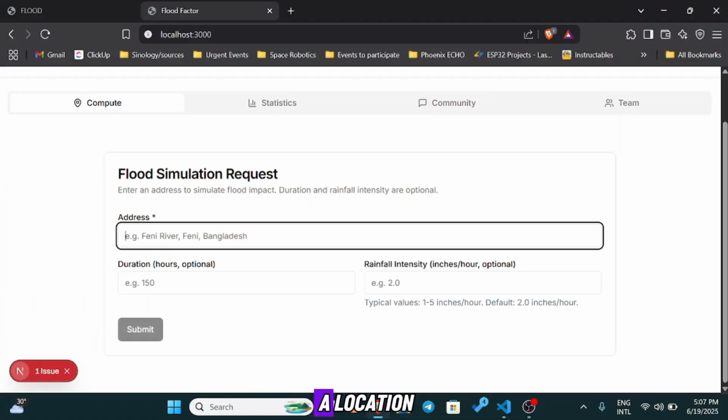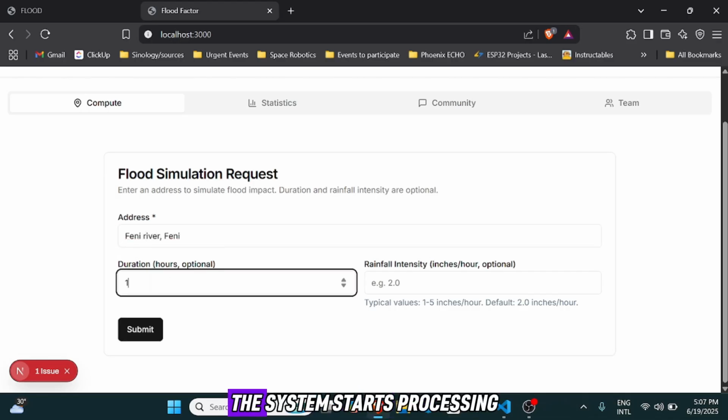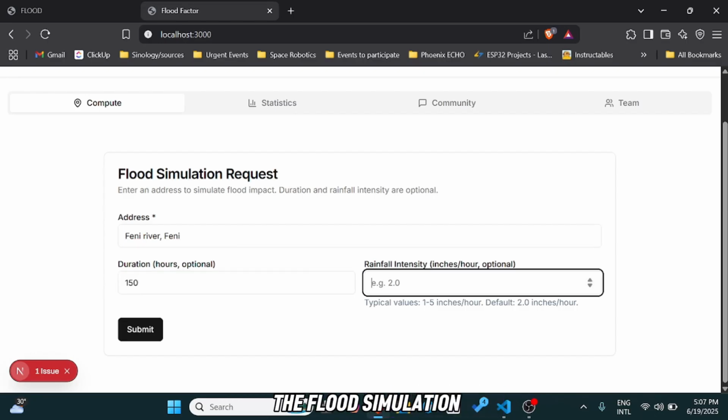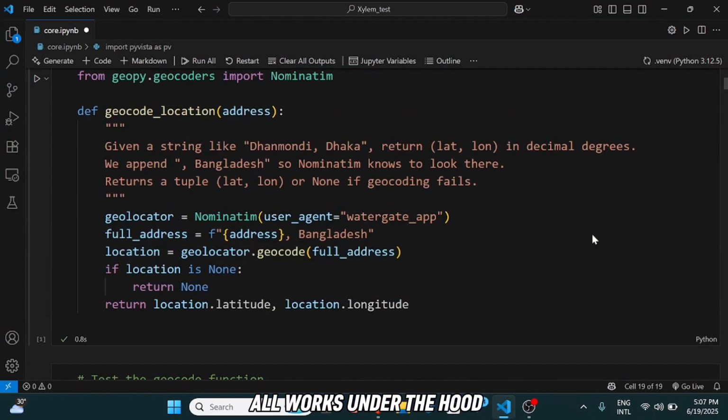Here, the user can input a location, say Feni River, Feni, Bangladesh, along with intensity like 5 inches per hour and duration such as 150 hours. Once the submit button is hit, the system starts pre-processing the flood simulation. This typically takes about a minute, so while it's running, let's dive into the code to see how this all